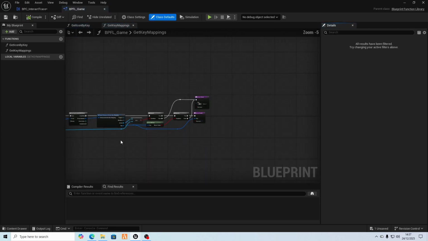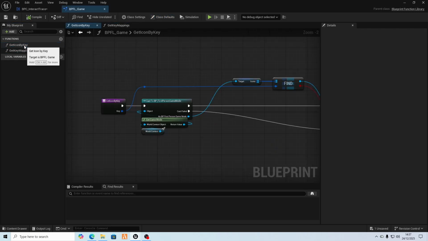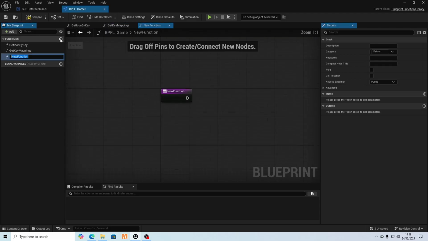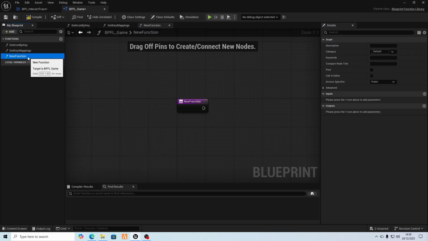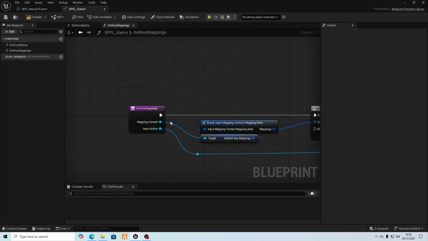Open it up, and I've got two functions in here. You've got get icon by key and get key mappings. Yeah, we'll start with the get key mappings. Right, so if you click here, new function, and call that get key mappings, I'm going to delete that because I'm going to go through this bit by bit. Okay,